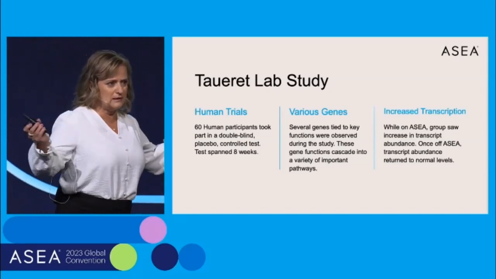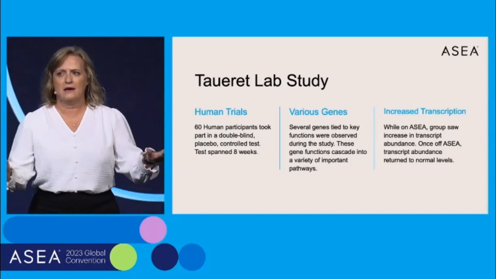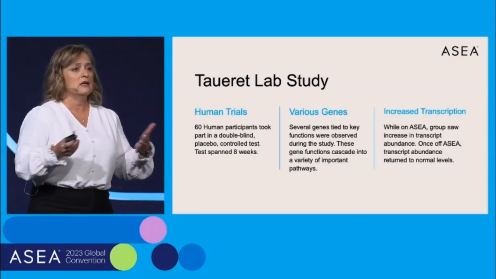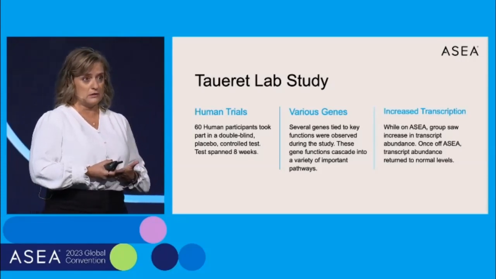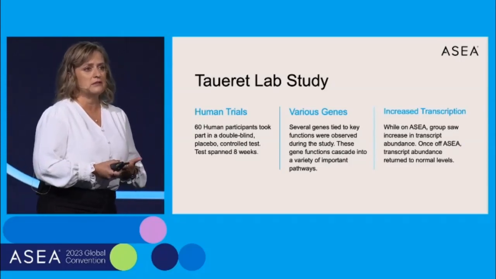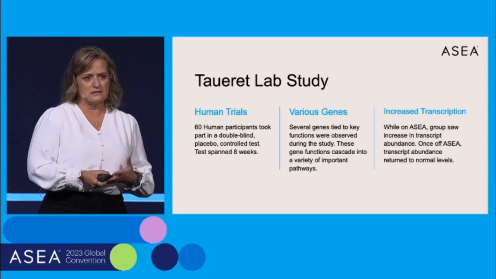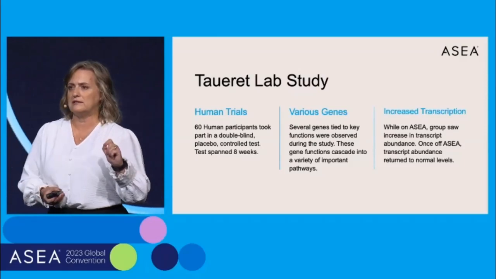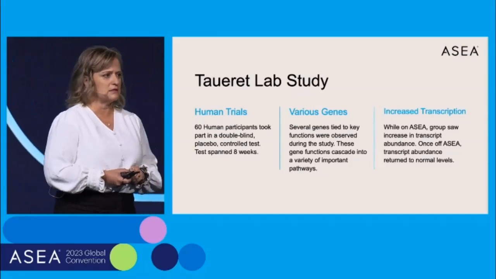There we go again with those big names, right? But you don't have to remember anything like that. It's a big name just to say that it's a valid and very robust method, and that validates our test and the effectiveness of a compound or an ingredient or a chemical, and in our case, ARS, or the ASEA Redox. The TARED study showed that several genes were tied to key functions and very important pathways in the cells.